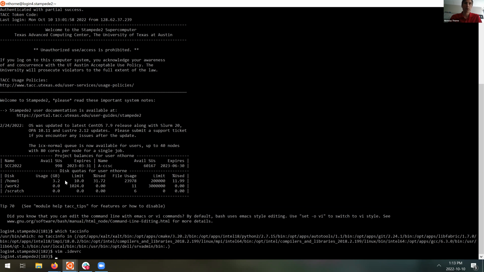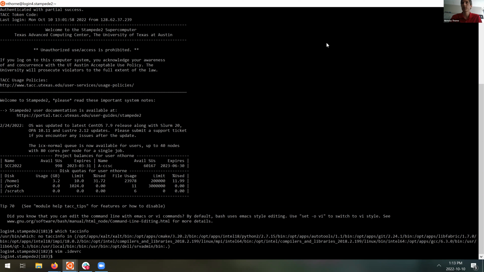So your home file system has a 10 gigabyte limit, and also a limit on the total count of files that you're allowed to host there. And the home file system is backed up. So this is a place to store very small amounts of data in a reasonably safe and redundant way. It is a very low performance file system, so we would expect you not to launch any jobs from home. The work file system is also available to you,